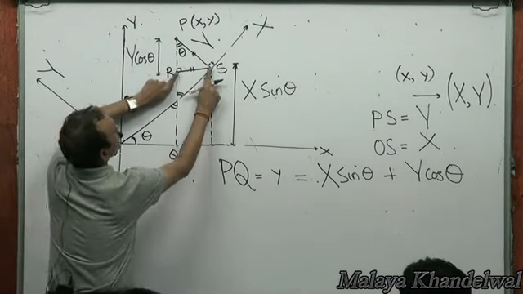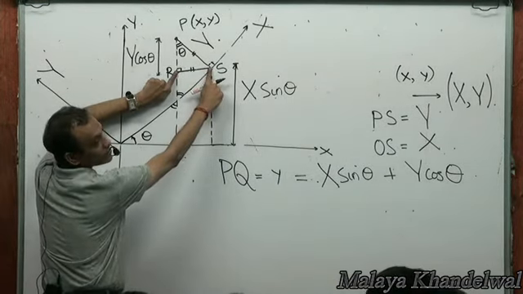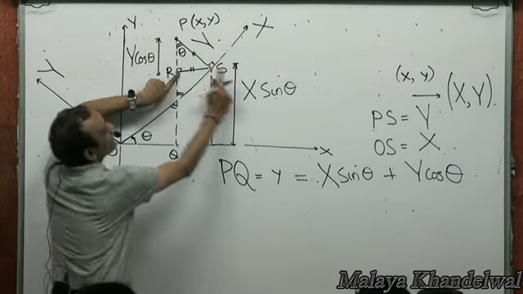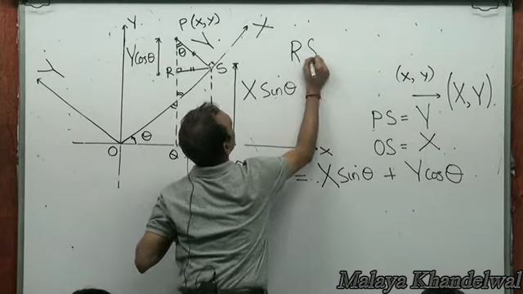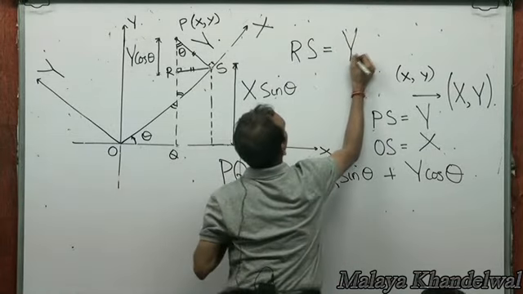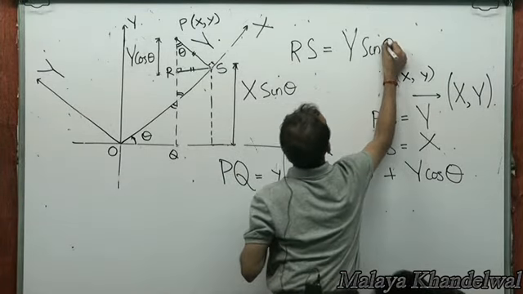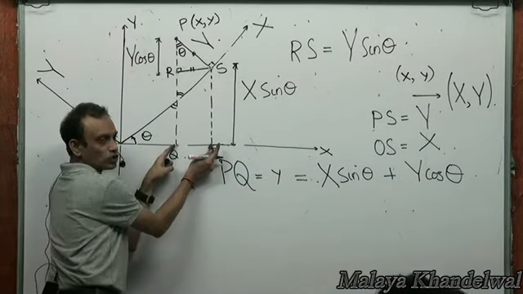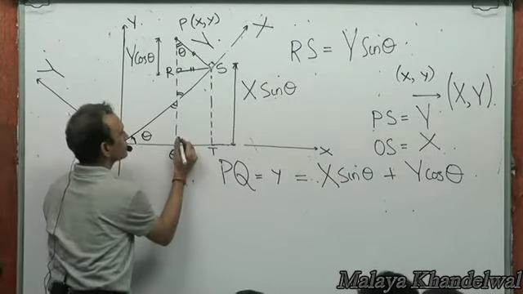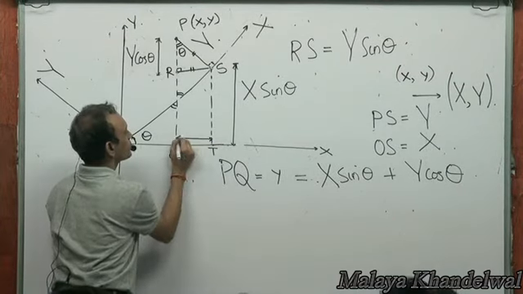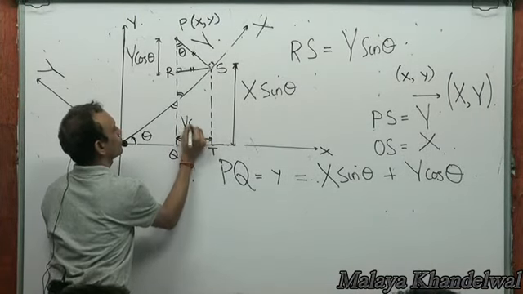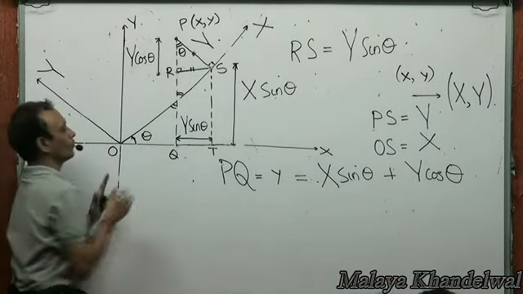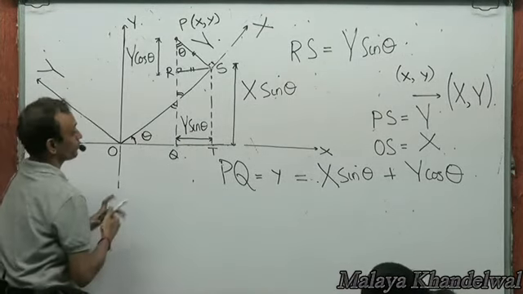what is this length? Capital Y sin theta. Yes or no? Is this length, RS, capital Y sin theta? So this length will also be capital Y sin theta. Right? Now,